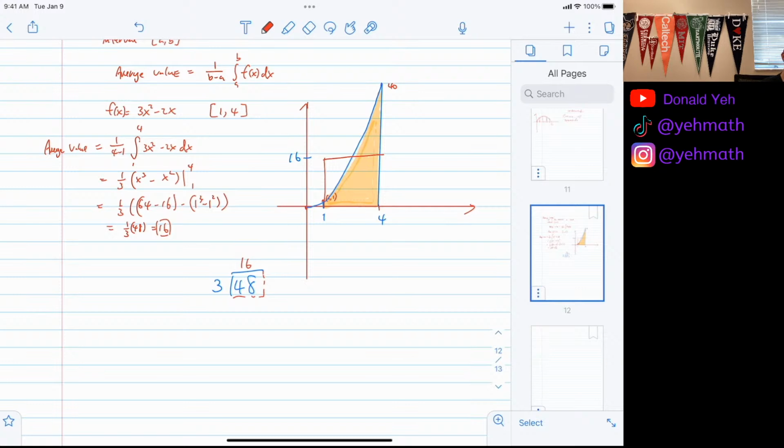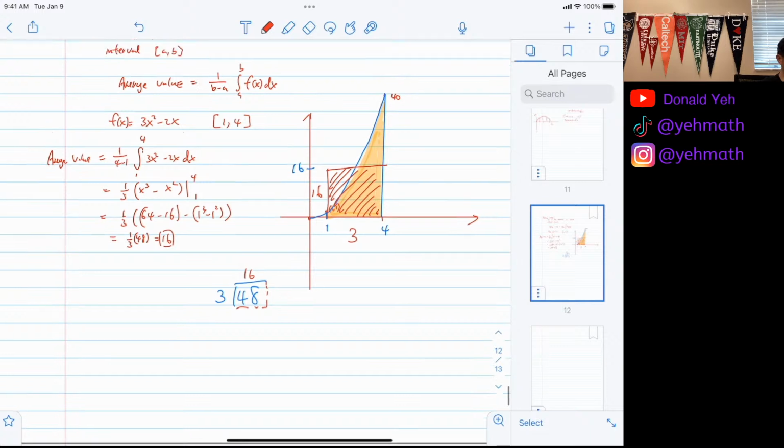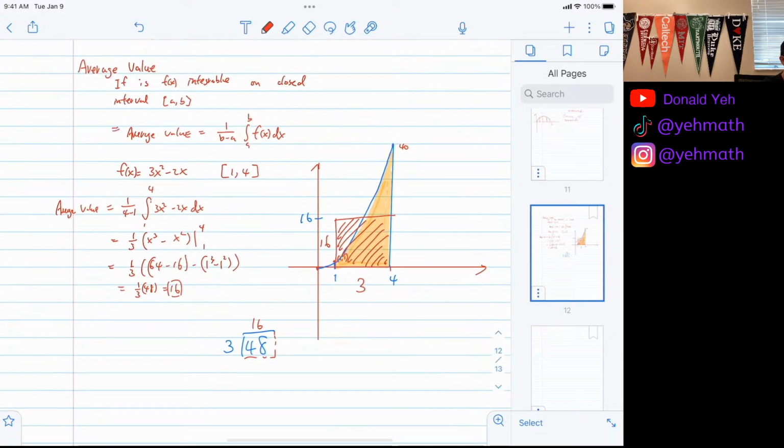And the area of this rectangle, all the way from here to here, equals exactly the area under the curve, which we know is 48. We know this is 3 because that's the width, so this has to be 16. 3 times what equals 16? So it's a certain height. The average value is the height of a rectangle